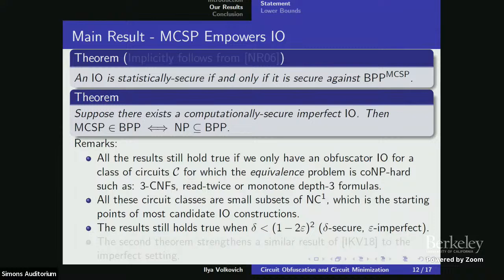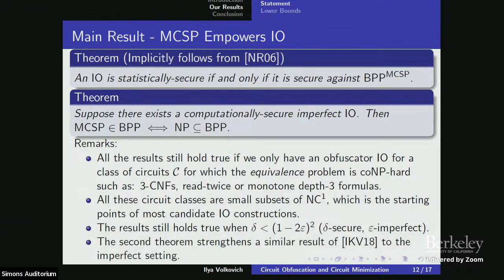So I would like to give you a taste, but this is another place where I do want to say one last thank you, as I learned recently, literally a few days ago, from talking to Moni and Guy, that you can actually extract that result. If you dig up a little bit into one of their proofs, you can actually extract that result. You didn't think about it in the context of MCSP, but if you take a piece of your result, extract it, and put MCSP on top of it, you can actually recreate that. So thank you for that.